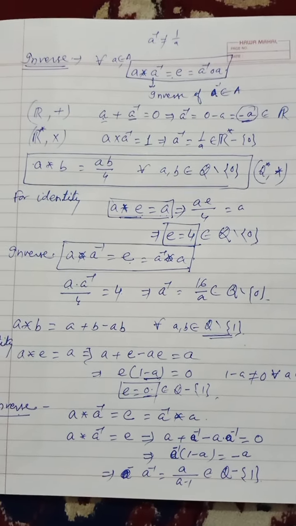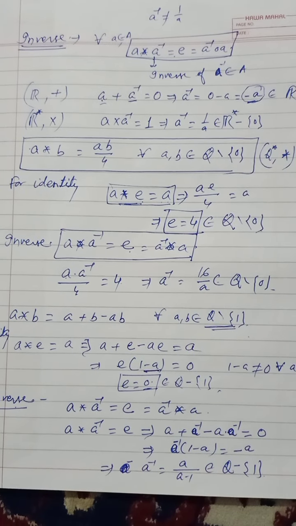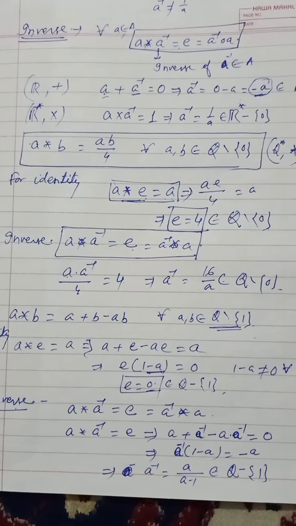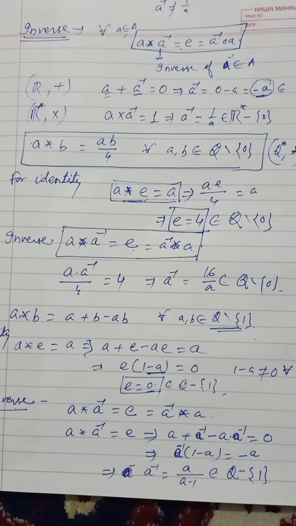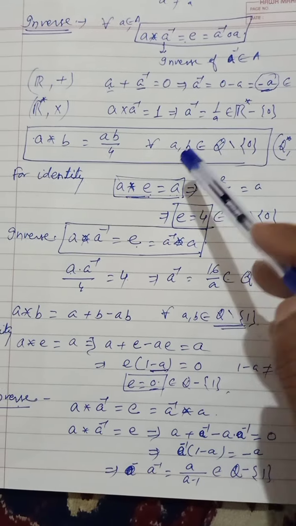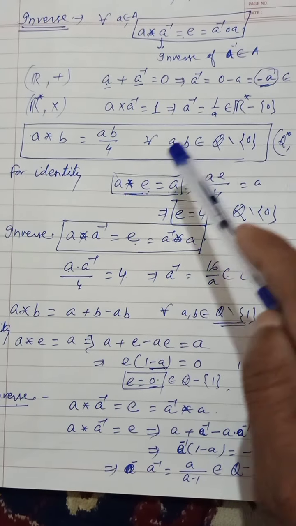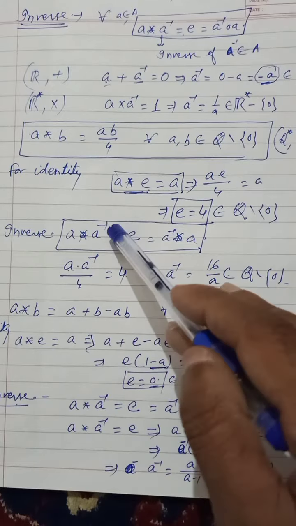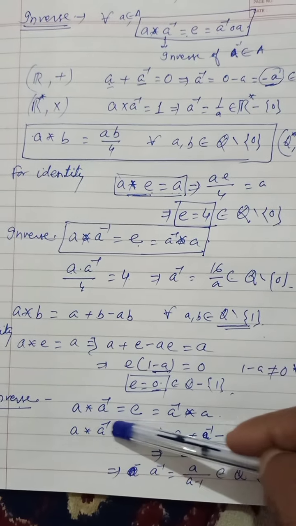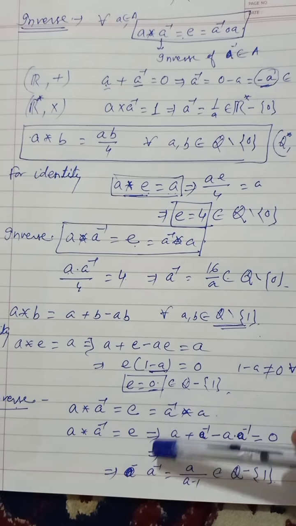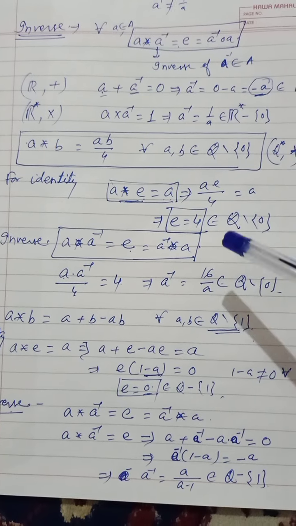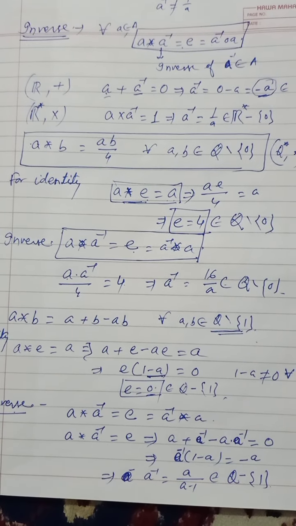Okay. So in this way we can prove. We can find the identity element, we can find the inverse element. In the CBSE board exam, questions come: verify the identity, verify the associative property, verify the commutative property, find the identity element and find the inverse element. These 4 properties come in the CBSE board exam. So you have to find them in this way.